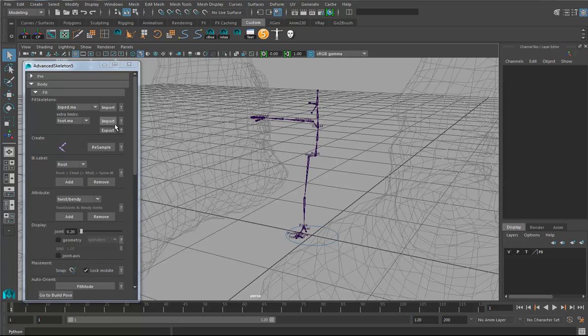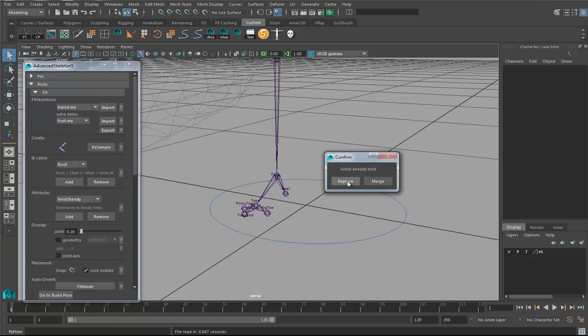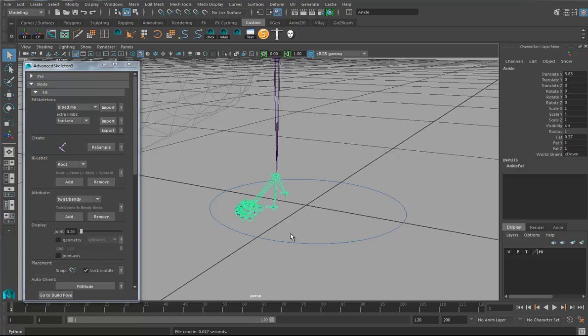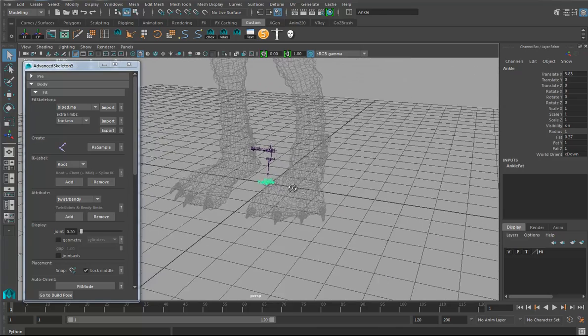And I want a foot. So what I'm going to do, I'll zoom in so you can see this actually happening. Import foot. And it says ankle already exists, replace. And so now the foot has toes. Okay, the only thing I wish there was an option so you could change the amount of toes, but whatever. So, now that I've got that,